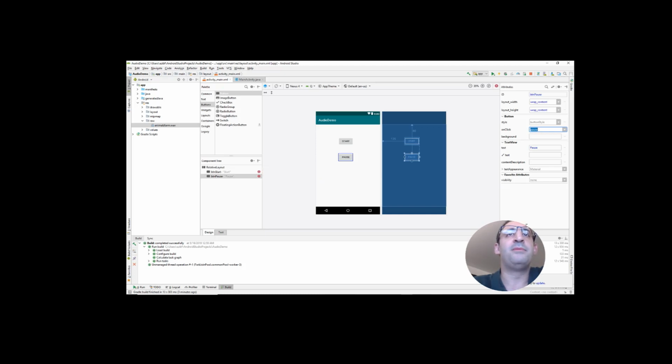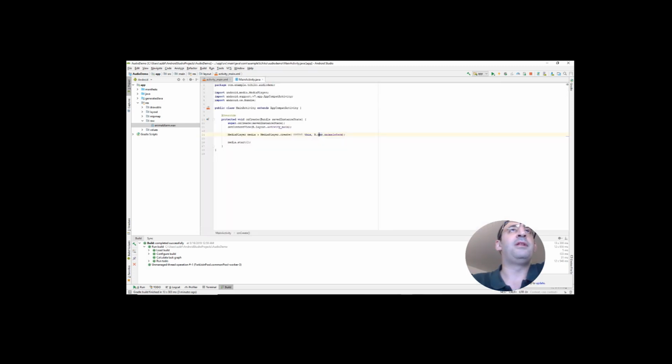Yes, I know. I haven't implemented the method yet. It's normal. So I will go to main activity. I will add the start method and pause method. Click void start, and here